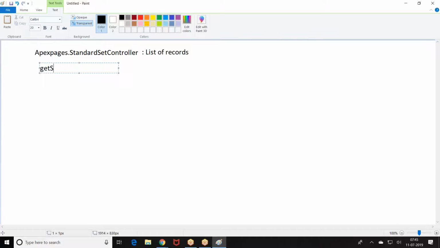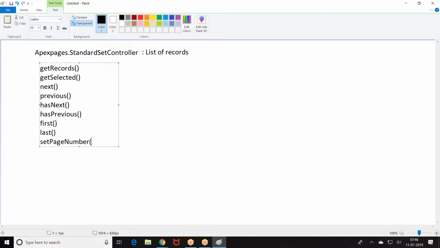It has some standard functionalities like get records, get selected, next, previous, has next, has previous, first, last, get set page number. Like this, there are predefined functions.